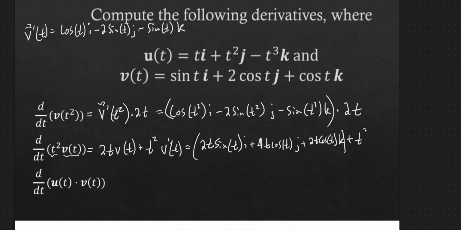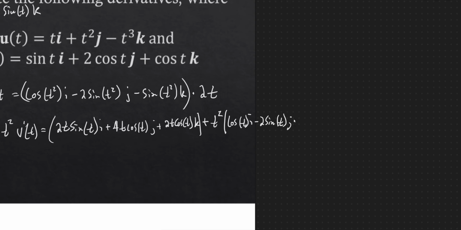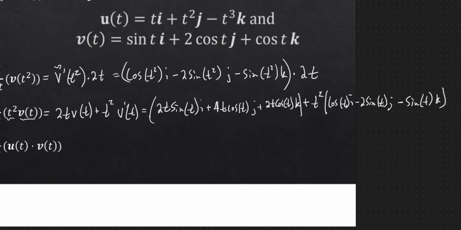So that's t squared times cosine of t i, minus 2 sine t j, minus sine t in the k. And of course, I could keep going with this and combine them, right? So I'll combine each component. I'll end up with something like 2t sine t plus t squared cosine t, and that's all in the i direction, plus,